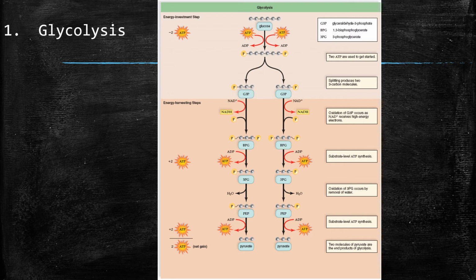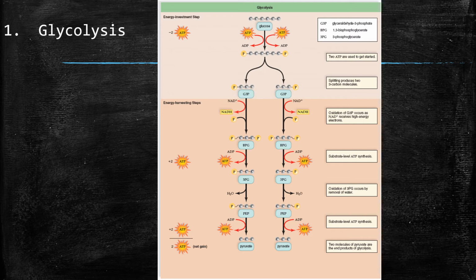And our first section up here, what we do at the very beginning is we phosphorylate glucose. And so in order to do that, we require ATP. So that's an energy investment step. And at the end of that, we are going to produce 2 molecules of G3P. And that should sound familiar because those were the products that we came up with after photosynthesis. So we're going to look a little closer at this energy investment step, but just wanted you to see this